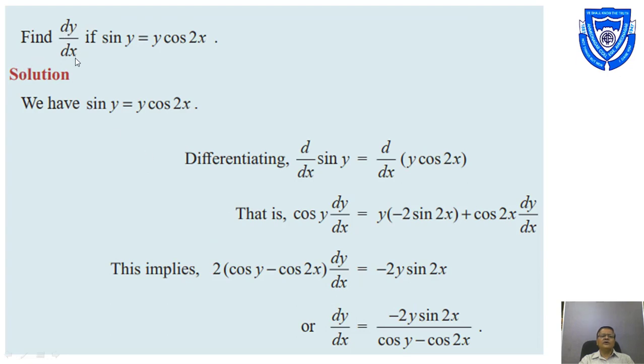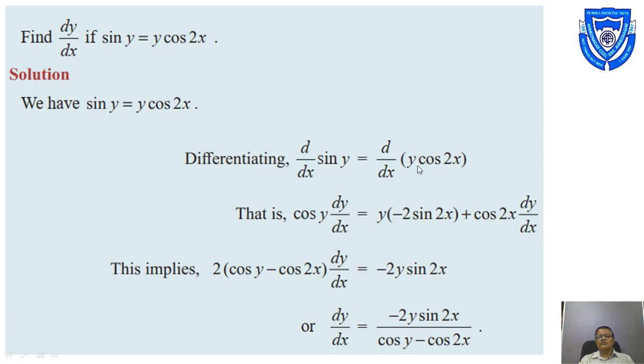Find dy by dx if sin y is equal to y into cos 2x. We simply differentiate both sides with respect to x. Derivative of sin y is cos y into dy by dx, and for the derivative of y into cos 2x, we use